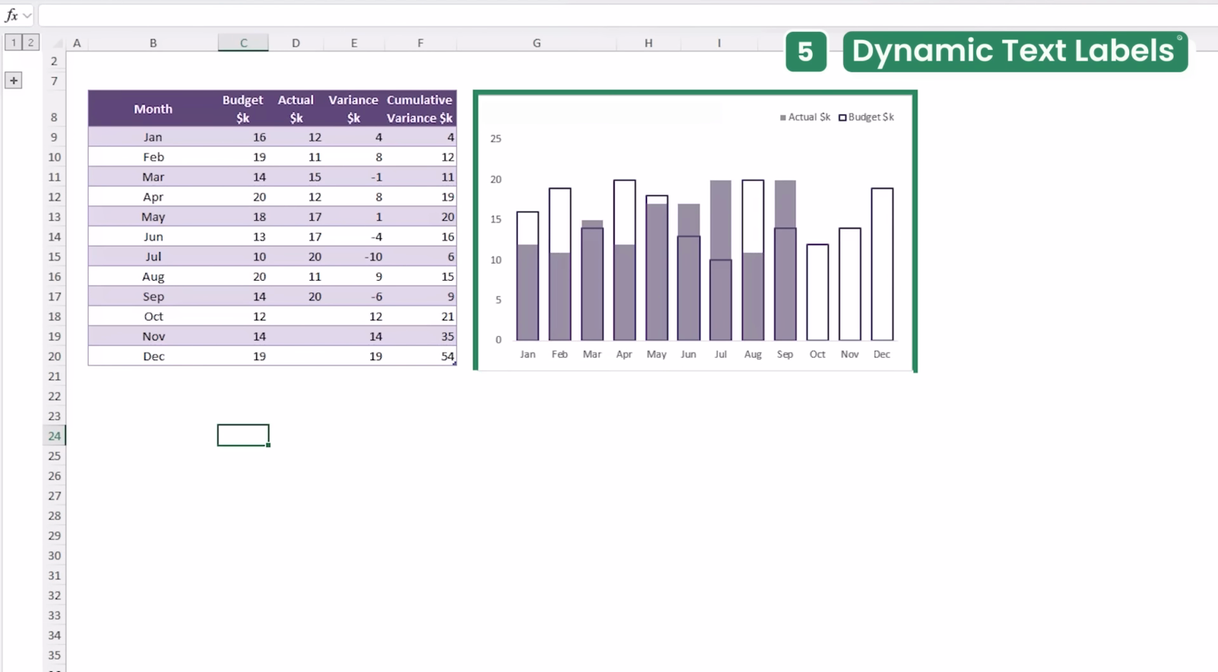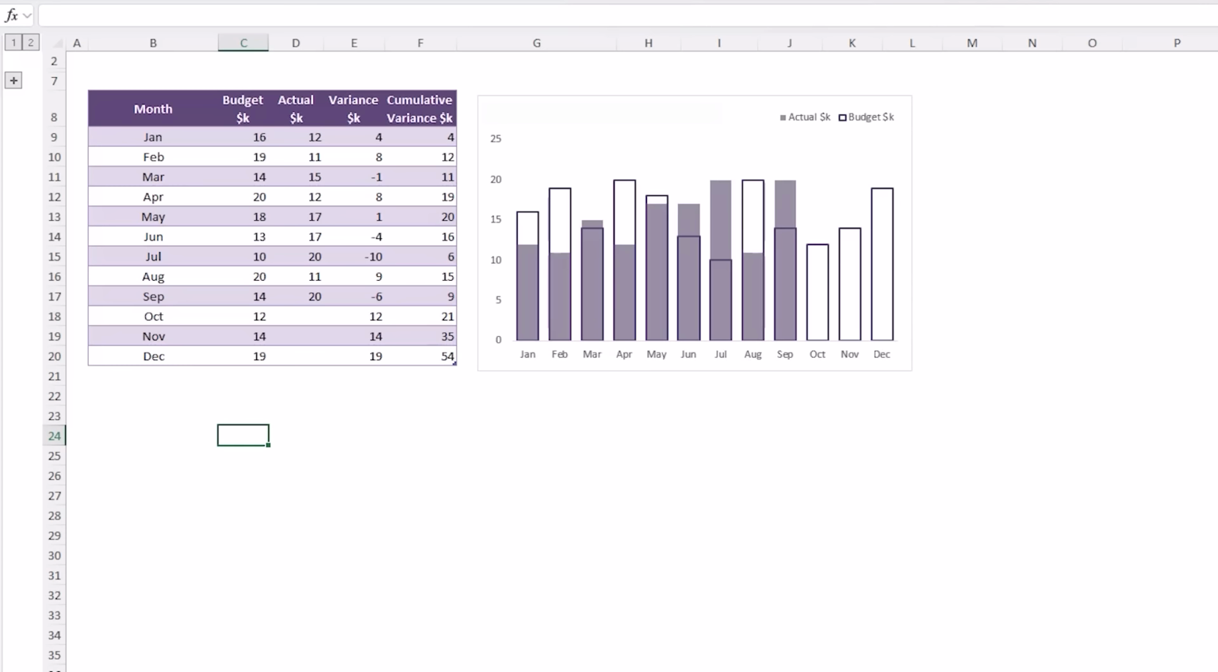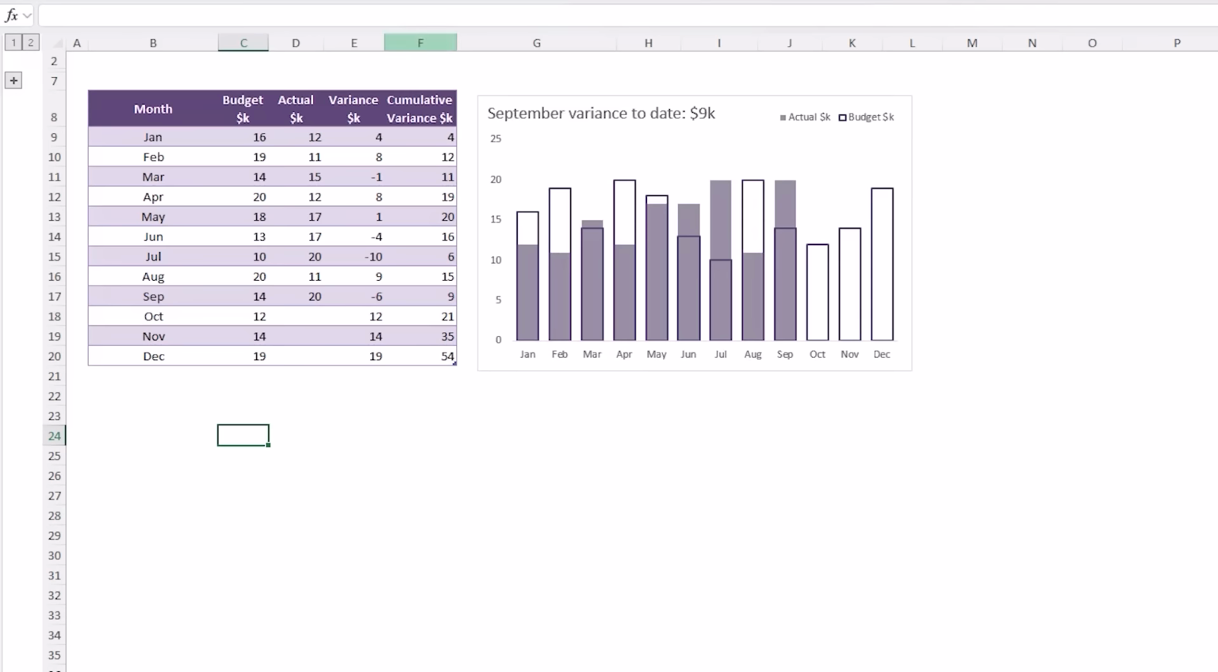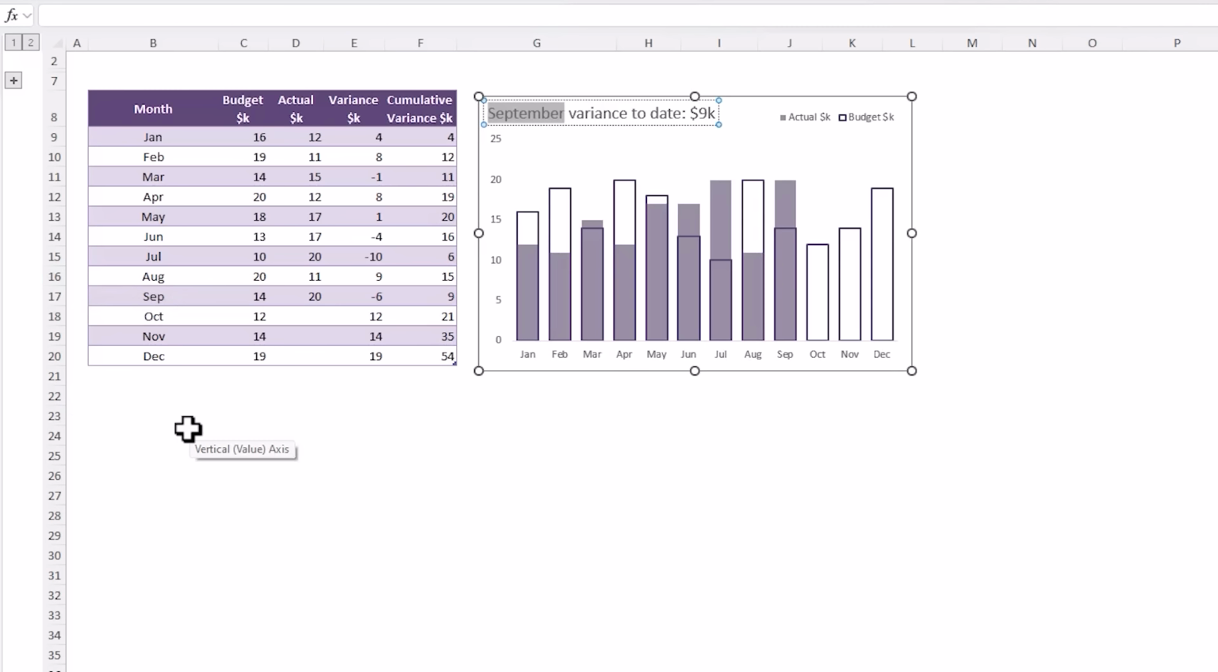And you can see I currently have actual data up to September, but it's difficult to see from the chart how the variance tracks year to date. We can see in the table the cumulative variance is 9K. Now I could use my chart title to add this context to the chart, but then I'd have to manually update it every month, and that would be a pain. Alternatively, I can write a formula that creates this title automatically and updates as I add new data to my